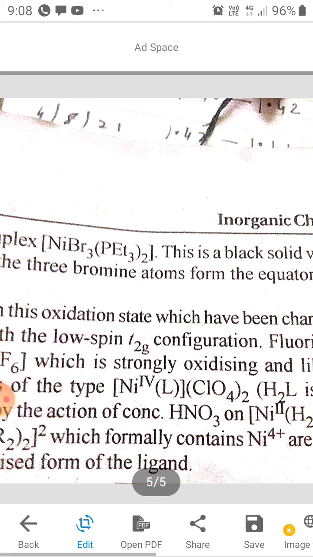Nickel, bromine, ethylenediamine. Nickel 4 state. Nickel 4 state contains nickel chloro oxides, and these nickel chloro oxides are